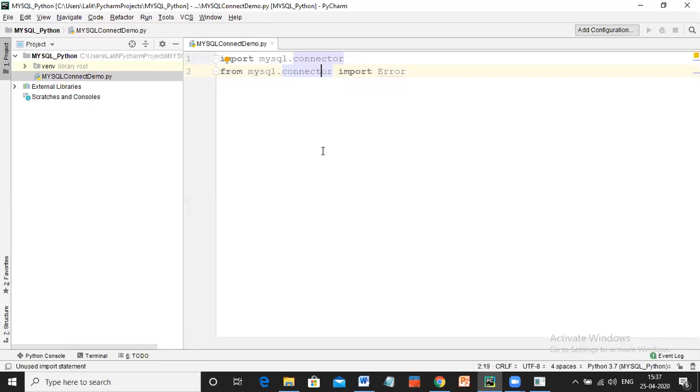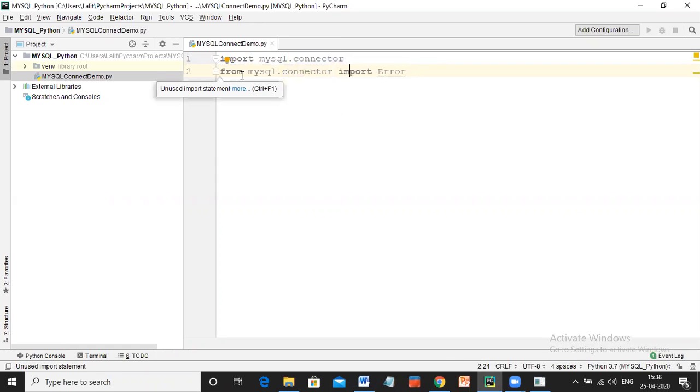For example, while you try to connect to your MySQL database from Python, there can be an error like access denied, or a username or password failure. Such errors need to be displayed, so to handle all those exceptions we need to write this. Always remember, by default it will not give you an error.